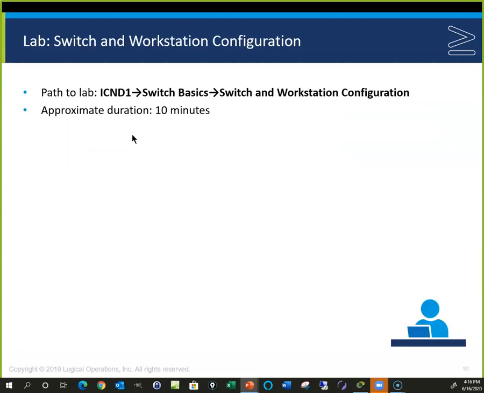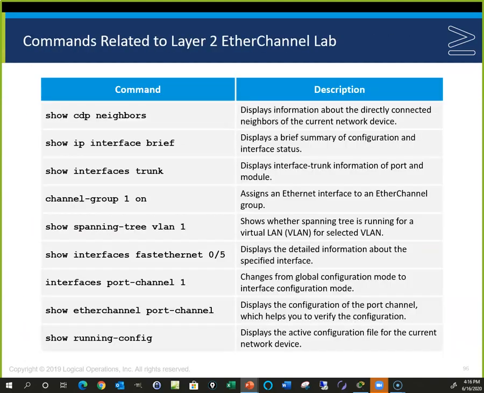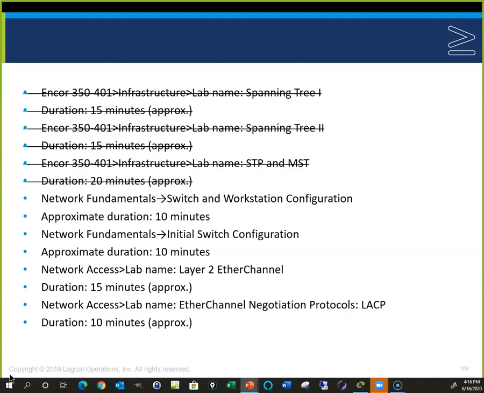So there are some labs, and show CDP neighbors, a couple of those, LACP channel protocol, different configurations that